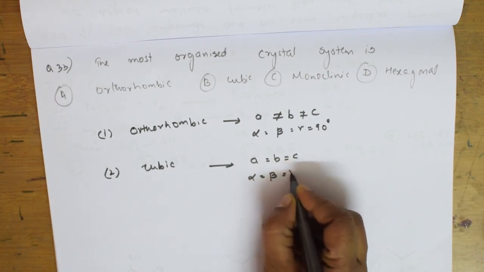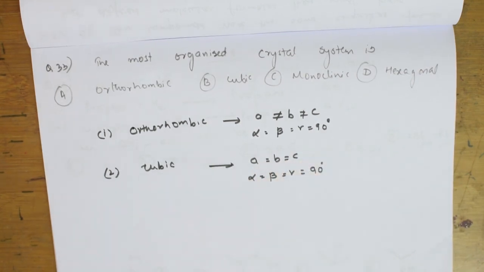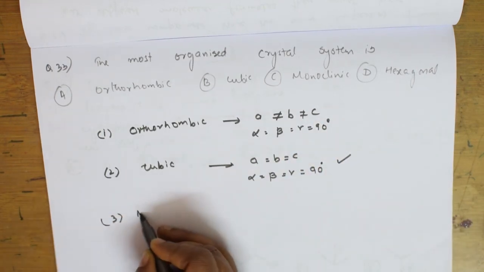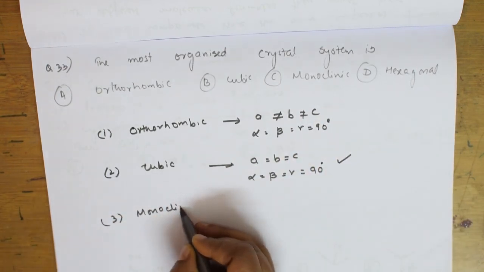The angle between them also is equal to 90 degrees. Perfect, isn't it? It is perfectly organized. Let us write for monoclinic. So when I take monoclinic